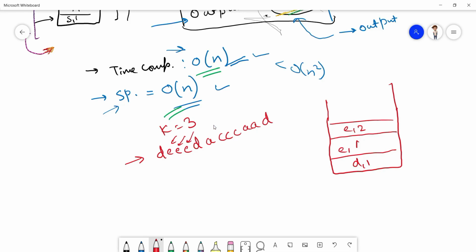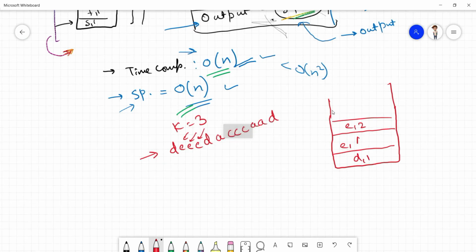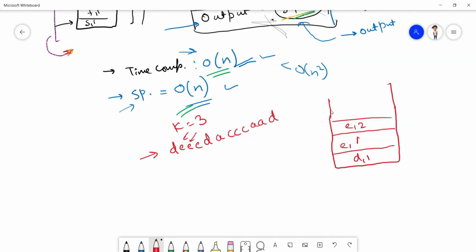Now we came over to here and increase the count. Now we came over to here and we increase the count because the top of the stack was E, and the count becomes equal to k now. So now we will pop the k elements from the stack. So this will be popped, this will be popped, this will be popped, right? So now we came over to D and D was pushed.